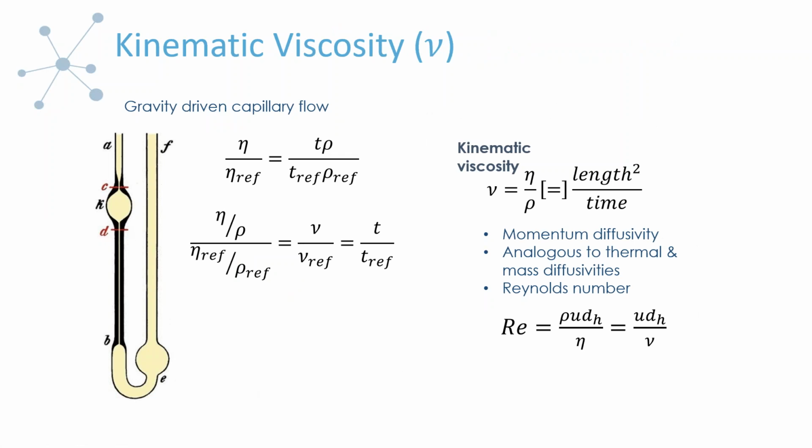Okay, so kinematic viscosity is next. We mentioned when we first introduced this one that it is kind of the natural choice when you're doing the capillary viscosity measurement. So we have an old school capillary tube here, and this is a gravity-driven flow. And because it's gravity-driven, the fluid density is going to pop up.